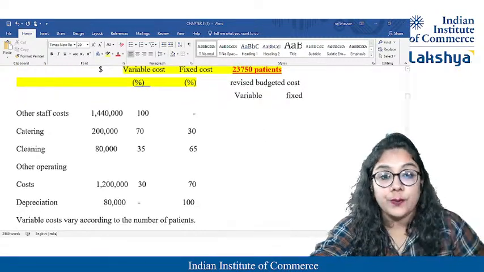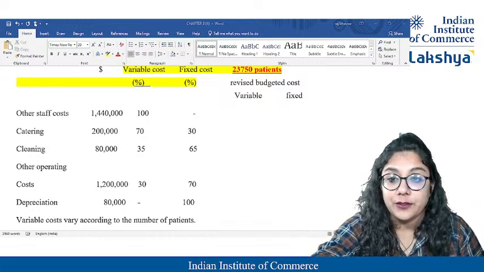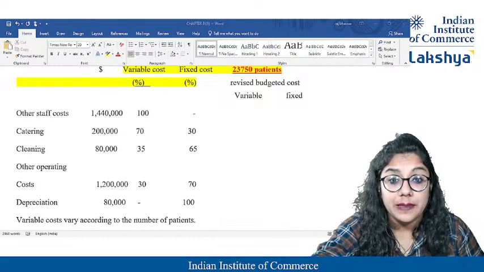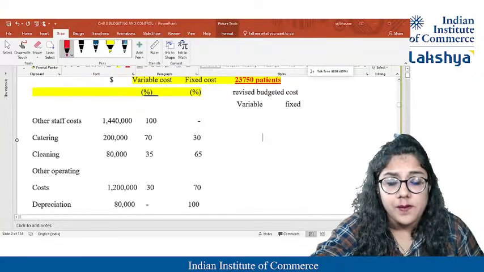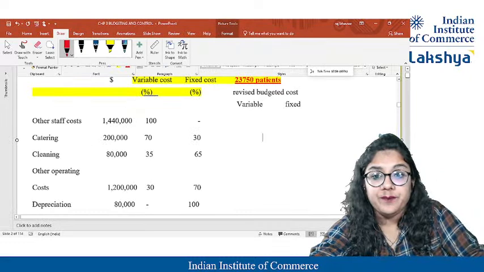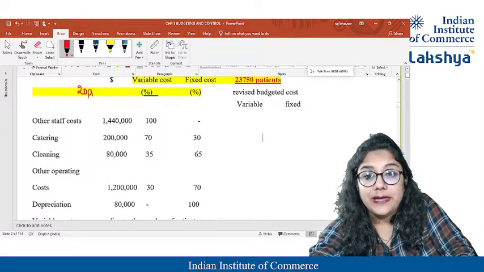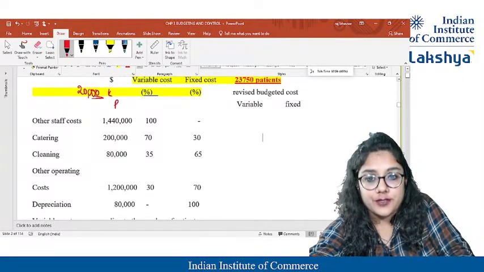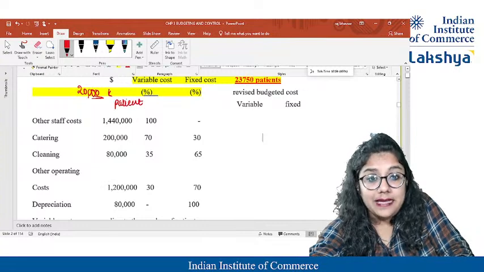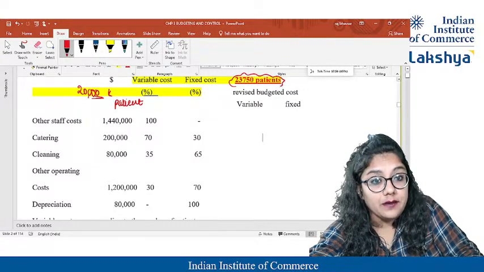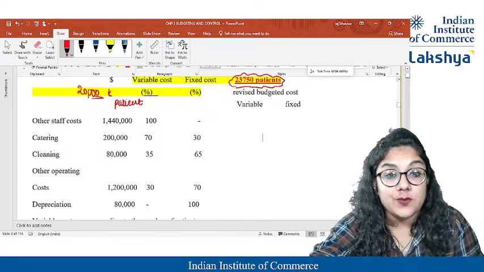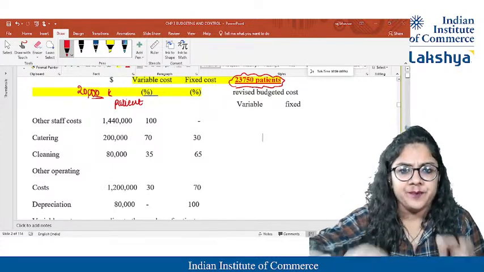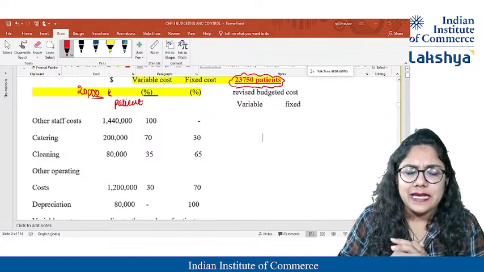If I just show you, can you tell me what will be the scenario for other people? I'm just opening it up. Tell me: this expenditure is for my 20K patients, and this is what they have made. Actually, these are my revised standard. So actually the patients were 23,750. Am I concerned with anything?